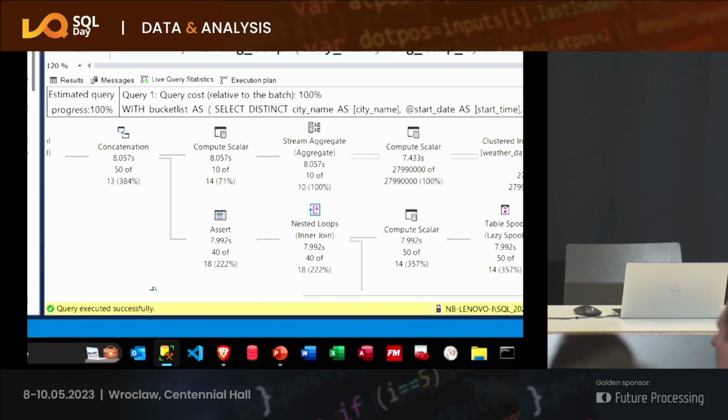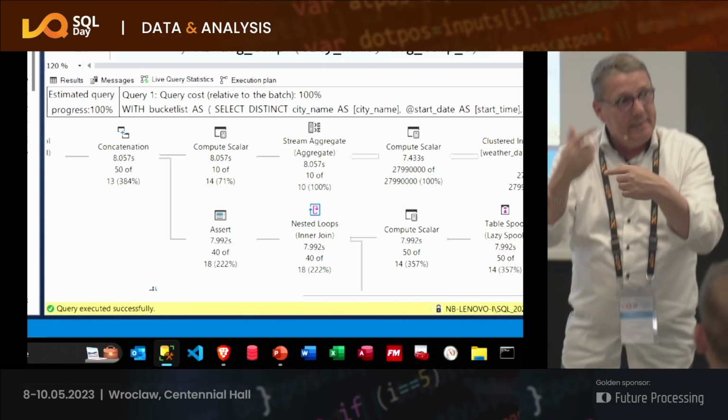You see that SQL Server, it's done now, but SQL Server was going through all rows. The reason is very simple. The row-based index is not the best choice here because we need to scan it. The city name is the very first part of the index, city name first, then the time range.